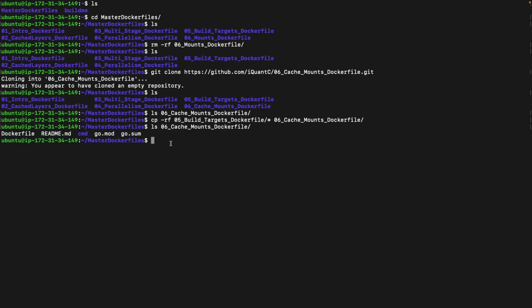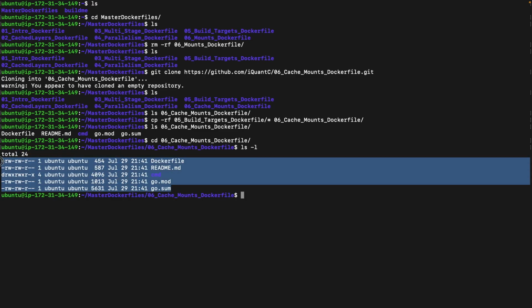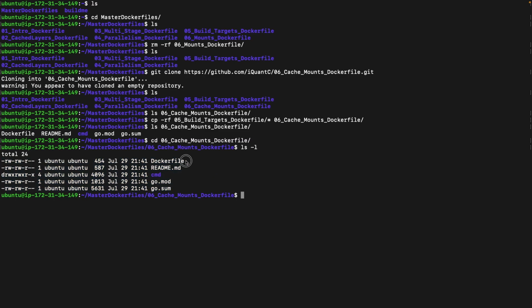I'm going to cd into our new directory for cache mounts, and these are all the files in there. Of course our main focus is on the Docker file, which is this file right here. So let's open the Docker file